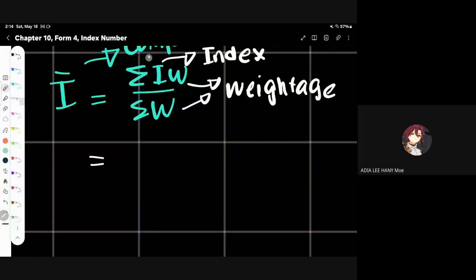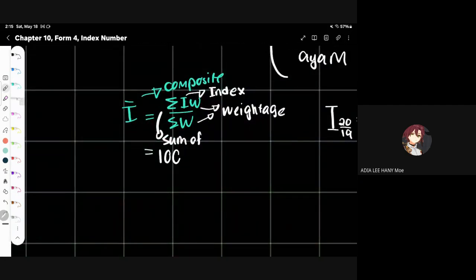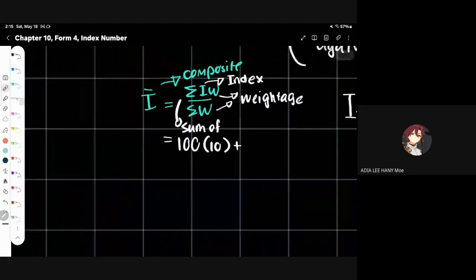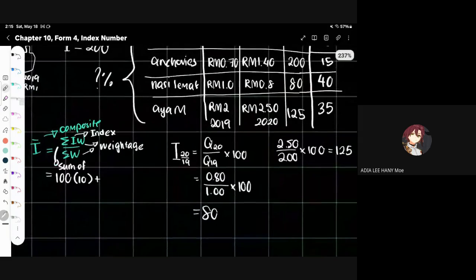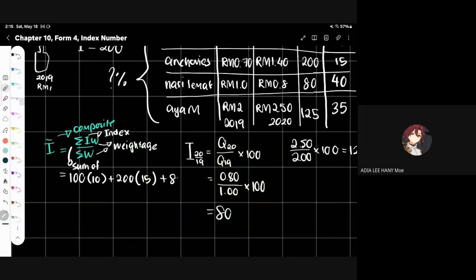So now let's use this formula. If you don't know this symbol, it means sum of. So let's add all of this. The first index is 100, and the W here is 10, so 100 times 10, plus the other index, 200, times 15, plus this index, 80 times 40, and the last one at the bottom, 125 times 35, over